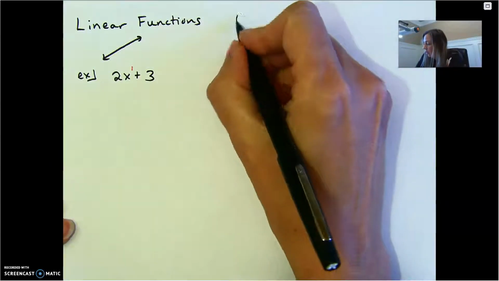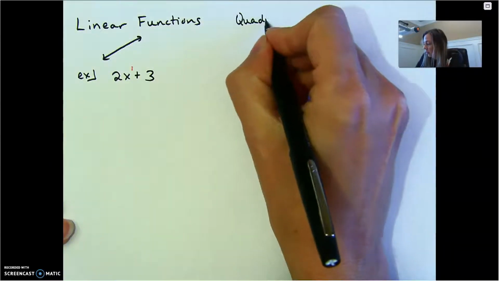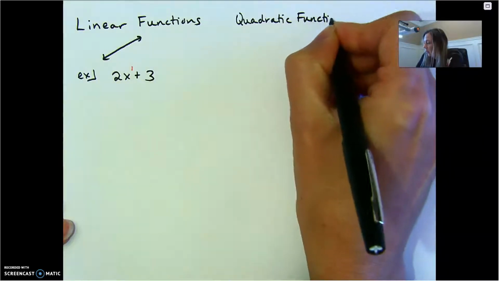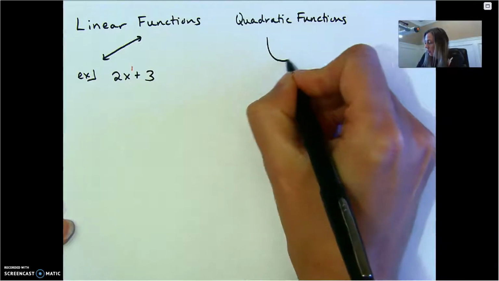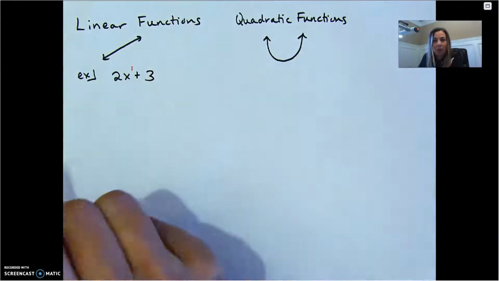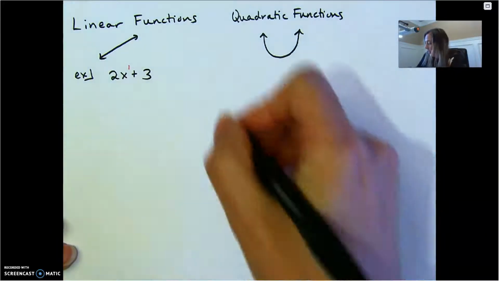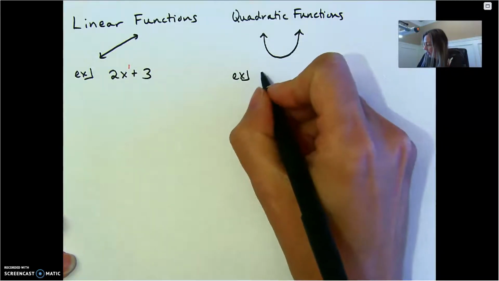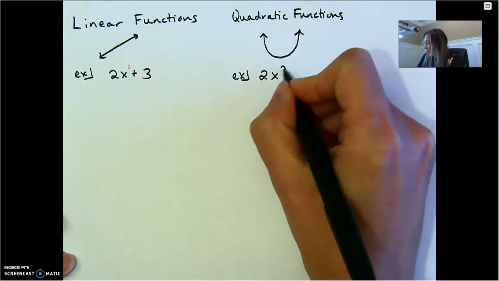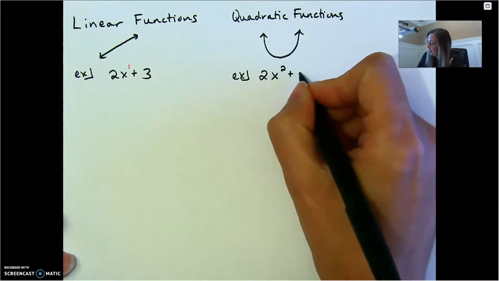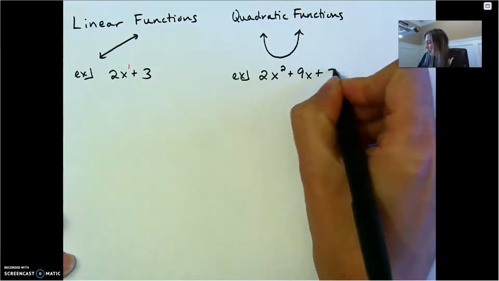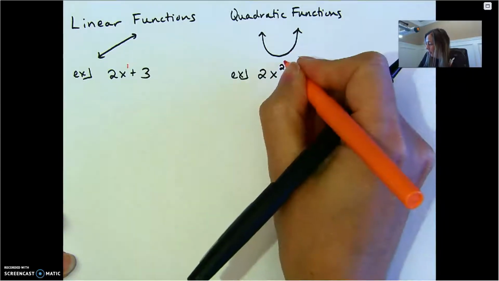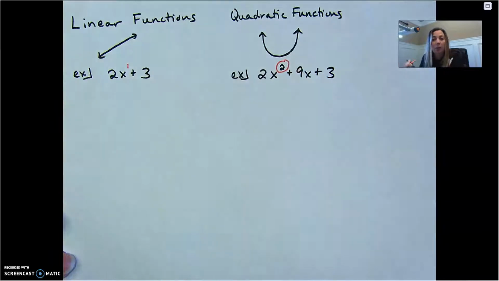Then we got into something called quadratic functions. With quadratic functions, those made those U-shapes. We call these U-shapes parabolas. An example of an equation that makes that picture looks like this, like 2x squared plus 9x plus 3. All right, so what makes this a U-shape is the fact that you have a power of 2 in your